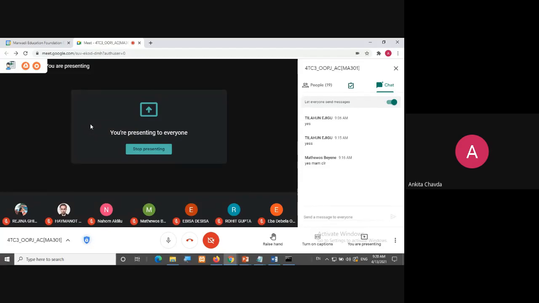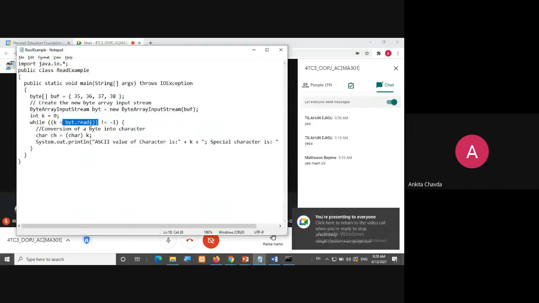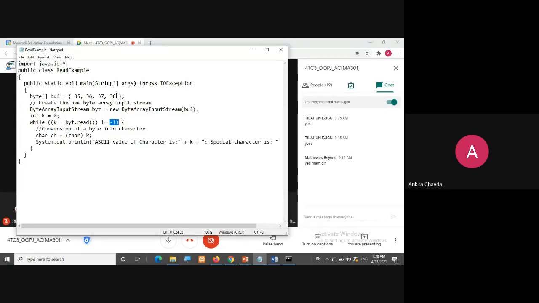There is still some data which you need to read. So first time it will get this 35, which is not equal to -1, then 36, which is not equal to -1, and after 38 no data is there to read, so it will return -1. Whenever it is -1, it will directly come outside of this loop, right?